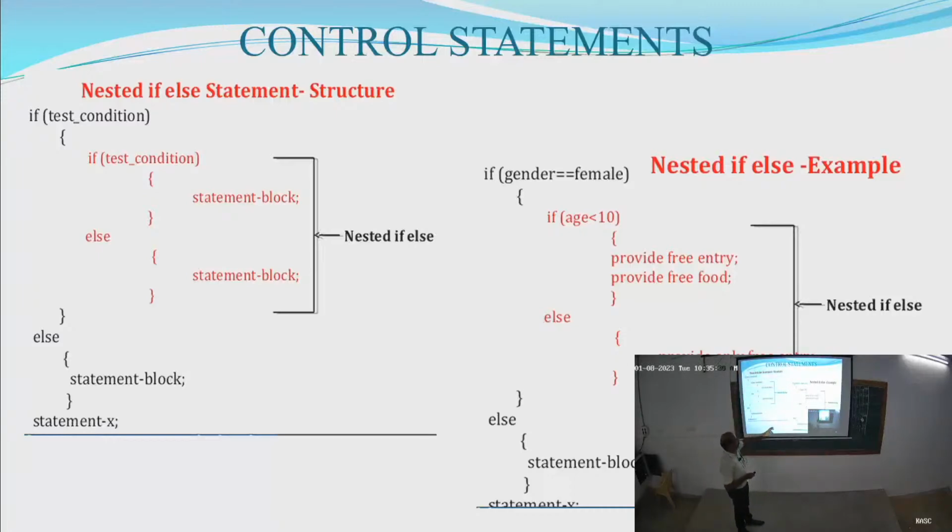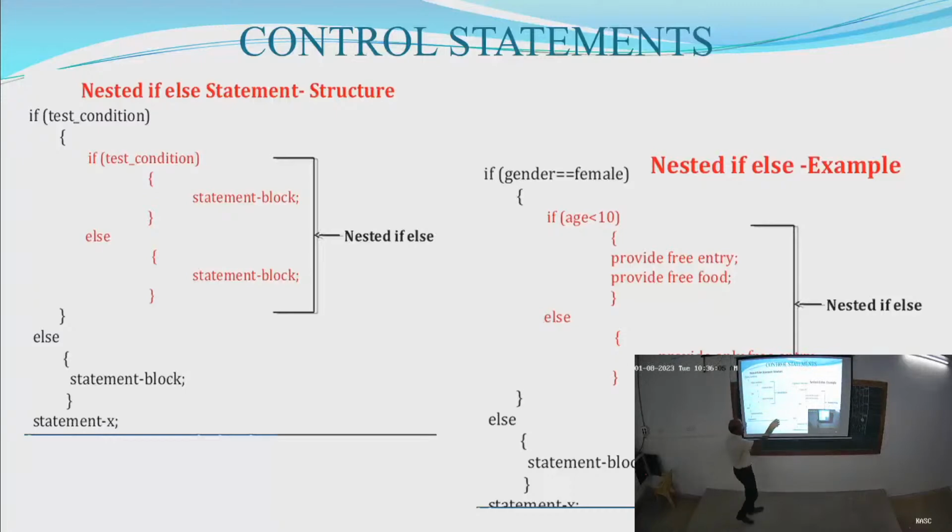Here we give some program examples. Suppose we are going to a theme park, bringing some kids and adults to the theme park, and some entry tickets are free for kids. In such situations we need to check whether the gender is male or female. If the gender is female, we will also check the age, adult or kid. If the age is less than 10, they provide a free entry ticket and free food. Otherwise, we will pay for the entry ticket and food. So this is the real time scenario. We will apply this kind of